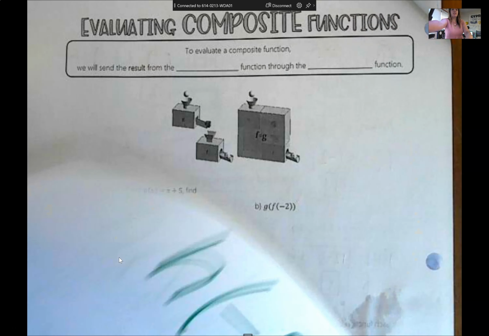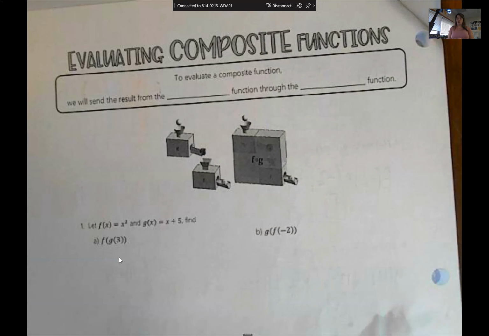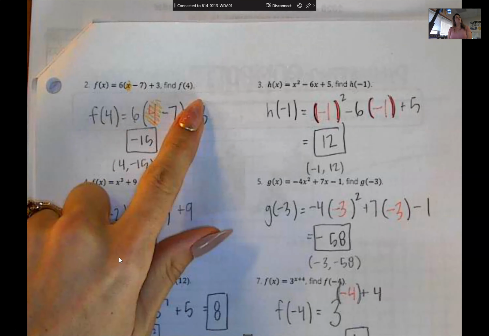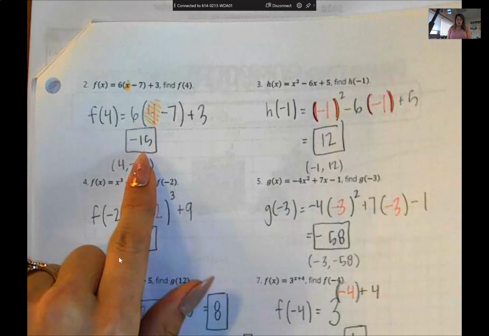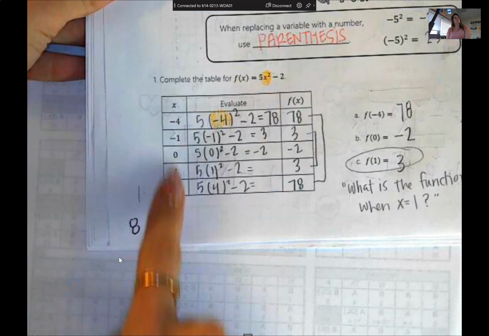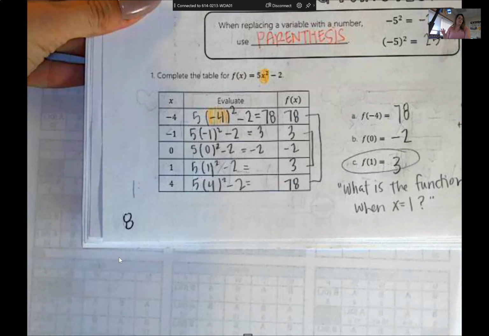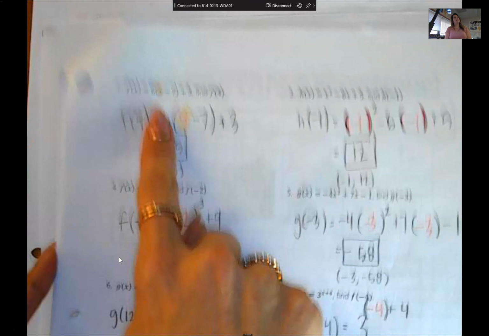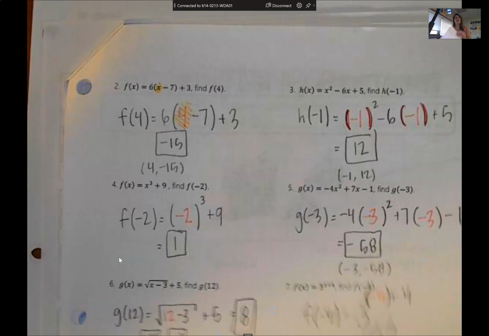Okay, so this is page 10. We just got done with evaluating functions. What we reviewed is that sometimes we'll get a function and they'll want us to plug one number in and tell them what we get out of the function. And then sometimes they might give us a bunch of x values and we have to find the function for all of them, which we use a table because that keeps things organized. So we can either do it a bunch of times, or here we just did a function and one number at a time. So now on page 10, we're doing what is called composite